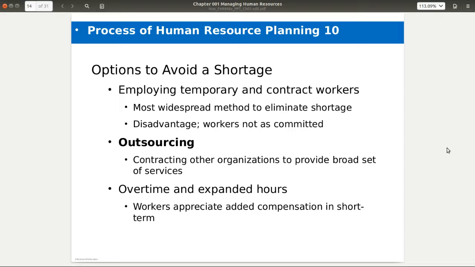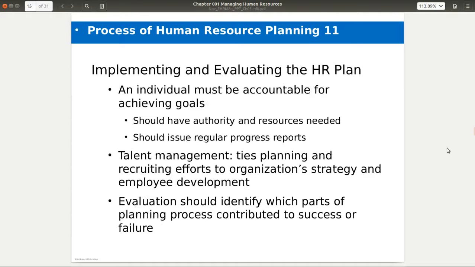In other words, let's say that you're manufacturing a product. You can find somebody, and all of a sudden things are going big right now. One of the things you can do is find somebody who can help you manufacture some of that. So you send that work over to them. They do the manufacturing and things for you. Another thing is overtime and expanding the hours that you're doing. Again, these are some short-term types of things that you can do.